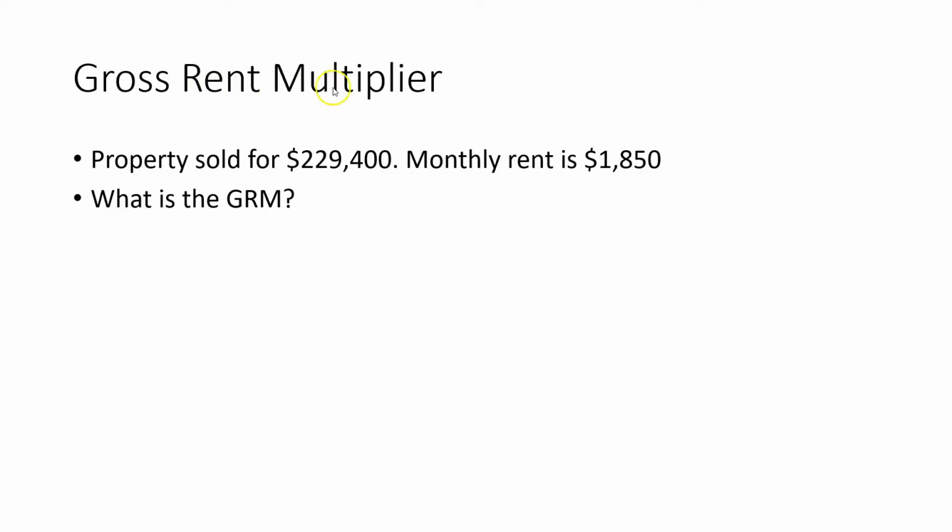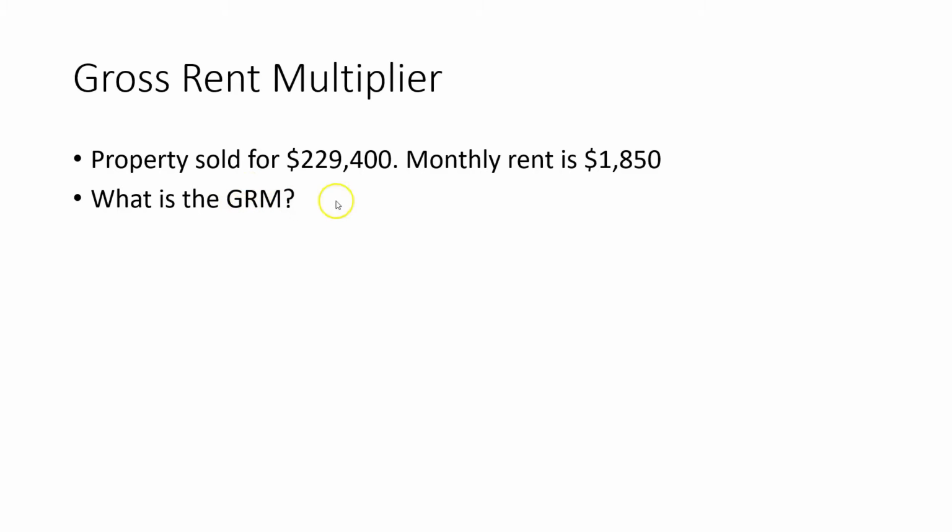Gross rent multiplier. This is in the income section, unit 16, I believe. The property sold for $249,400. The monthly rent is $1,850. What is the GRM? Now I think of the R as rental, and when I think of rentals I think